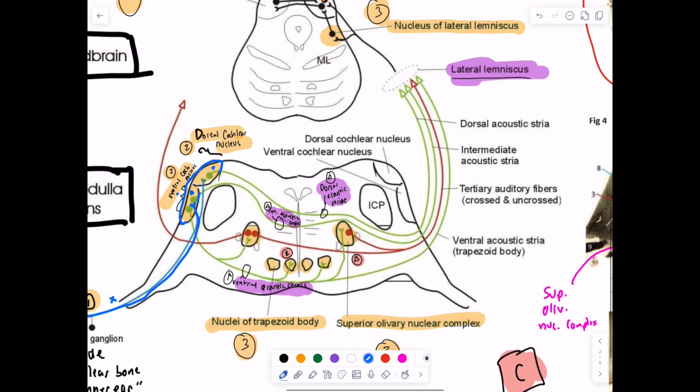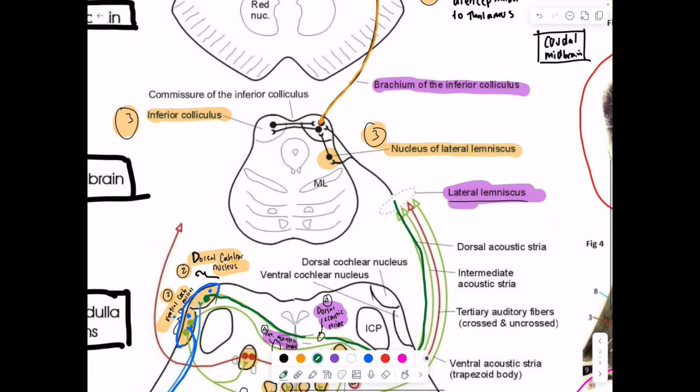And then you get your second axon, or second nucleus, whose bodies are in the dorsal cochlear nucleus. We go across as the dorsal acoustic striae. We come up, and as we come up, we are now part of the lateral lemniscus. And we're going to go ahead and synapse at either the nucleus of the lateral lemniscus, in which case we'll